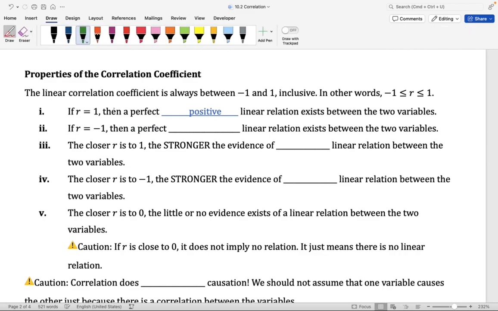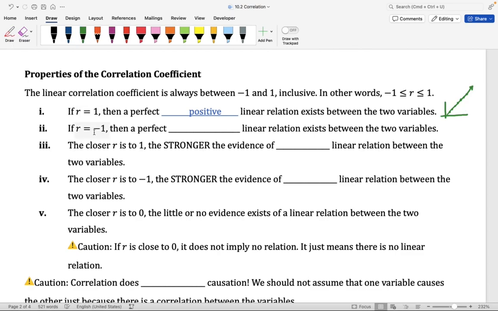relationship. If somebody's telling us that the correlation coefficient is equal to 1, we should be visualizing a scatter plot where the points create a perfect line with a positive slope. If we use technology to find the regression model for this scatter plot, we're going to see that the regression model touches all the points on the scatter plot. Now, think about it. In real life, it would be really rare for us to collect data and to see this perfect positive linear relationship.